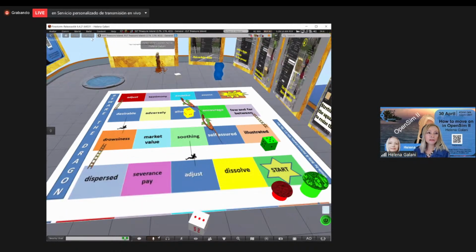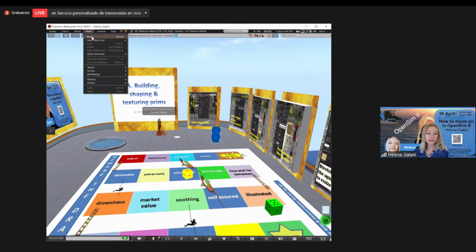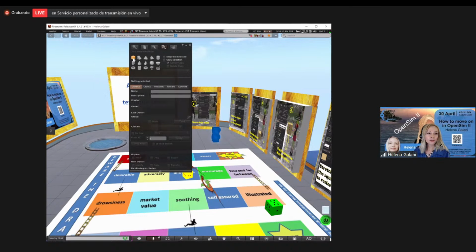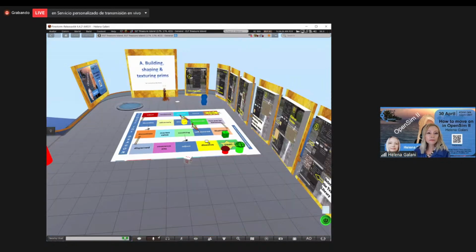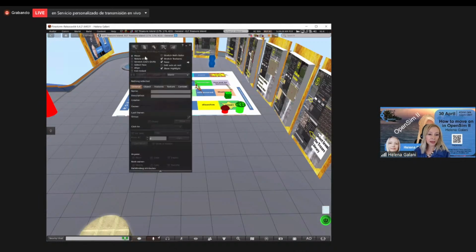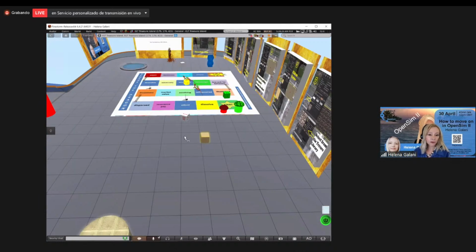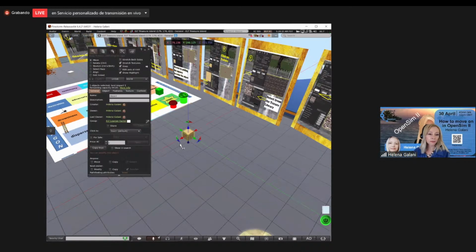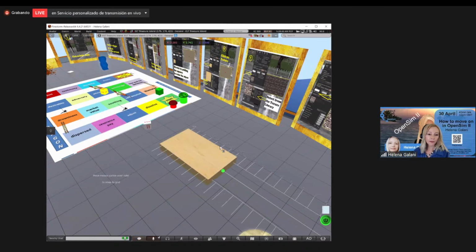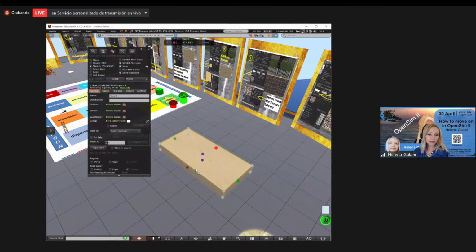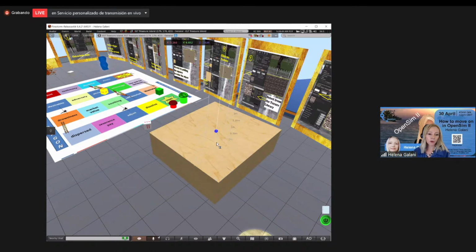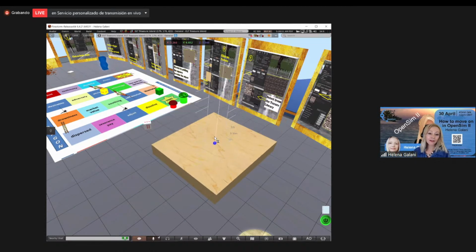I will go to Build on the top of the Firestorm interface, select Build. I will choose a cube and I will drop it on the ground down here. So this is the basic Prim you can get in Second Life, which is a rather advanced virtual world. Then I just drag and drop the cubes on the sides of what used to be a box, and I can make it taller or thinner just by left clicking and dragging